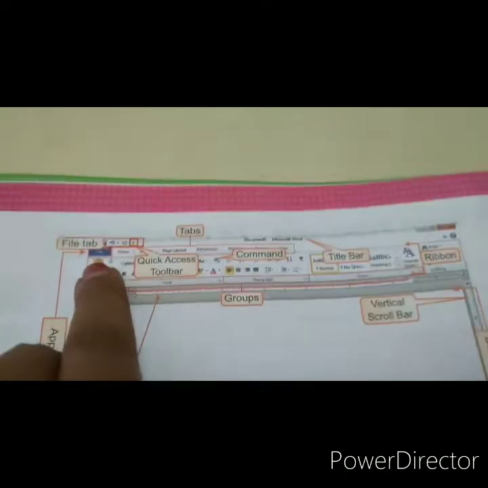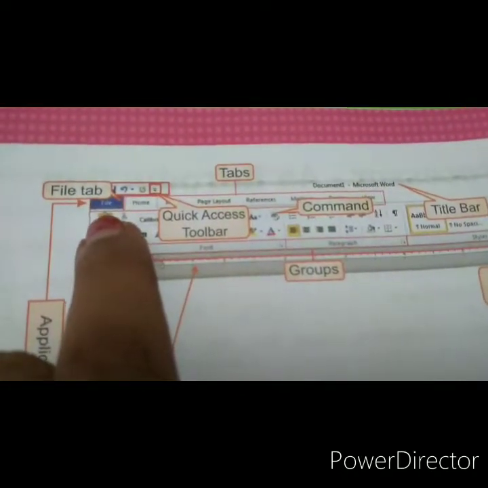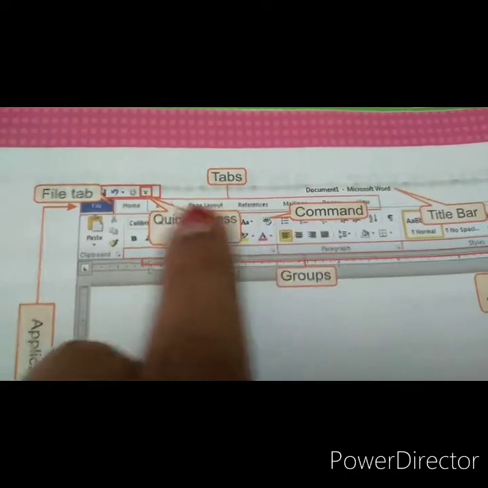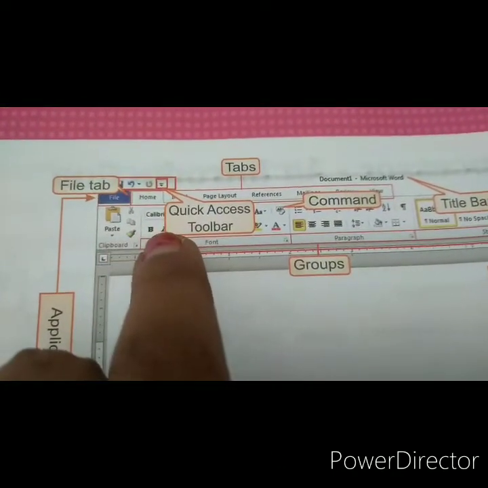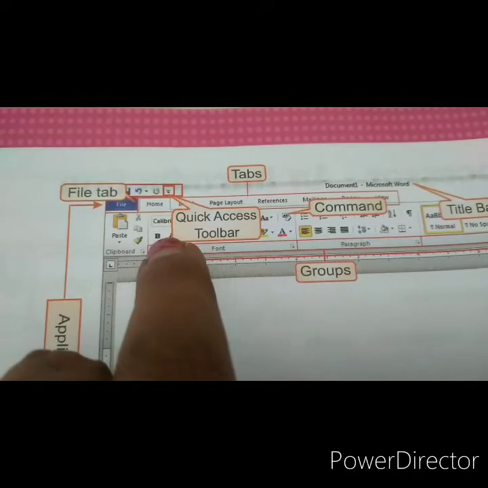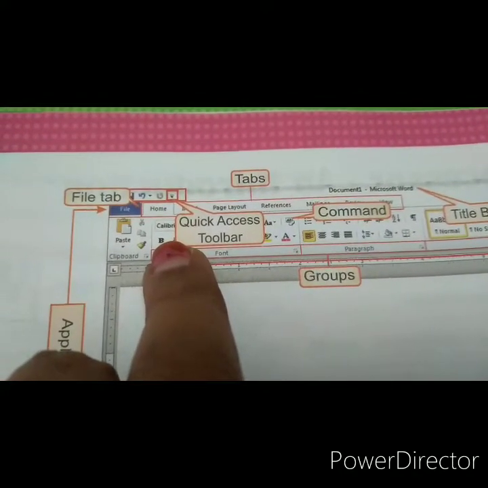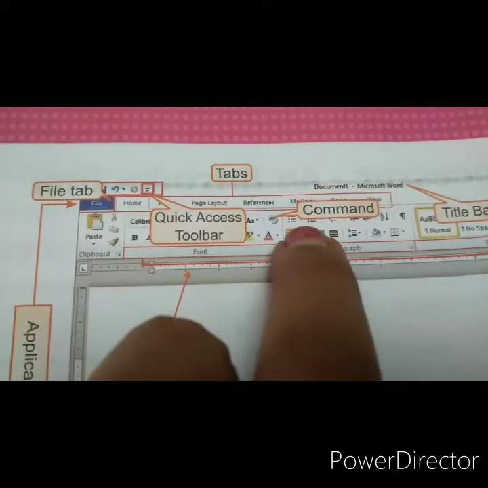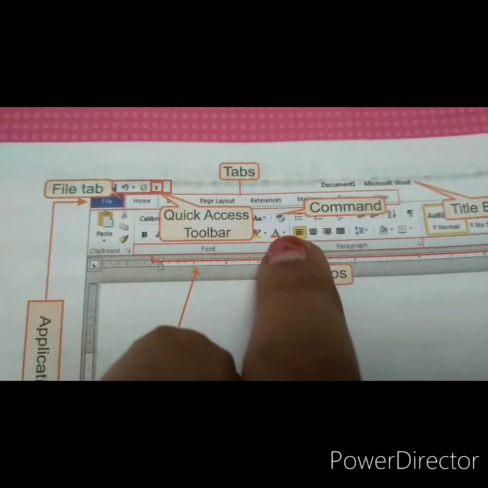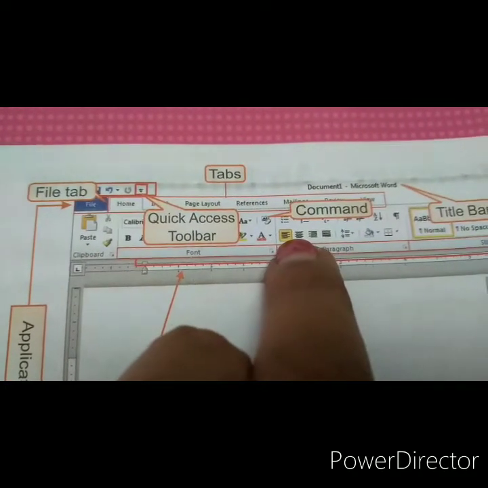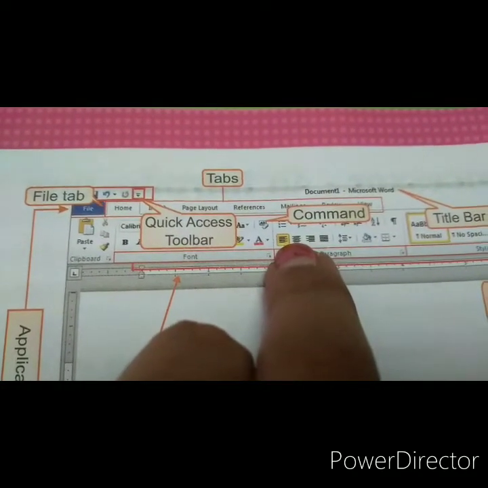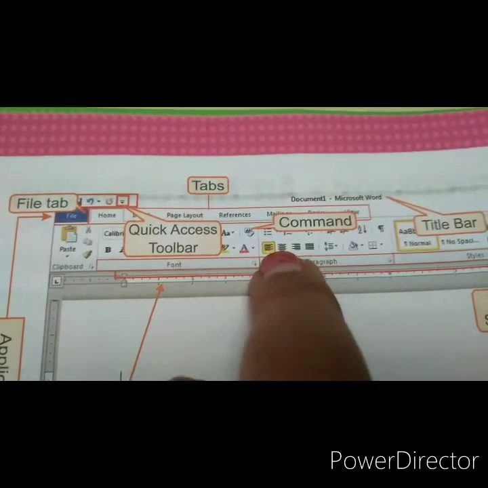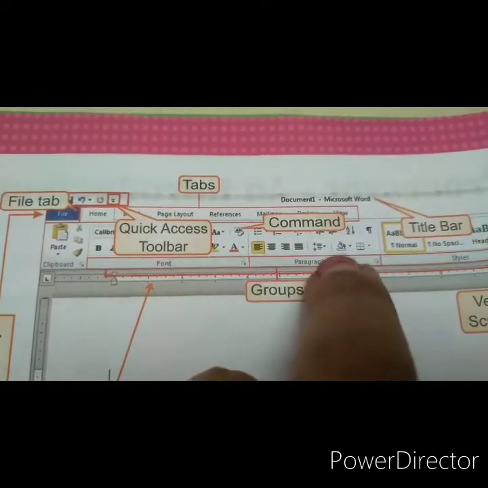See, children, here we can find the File, Home, Page Layout, Reference, here Paste, and here we can also find styles, fonts, sizes, font colors, aligning the paragraph to the middle, center and justify.